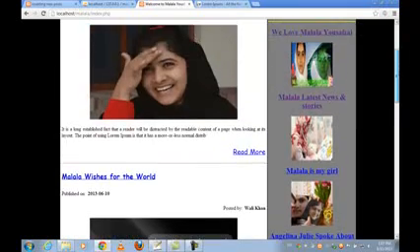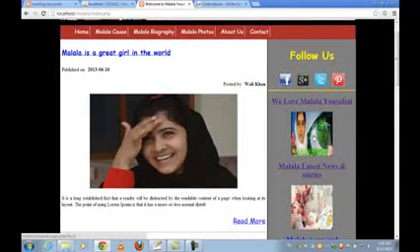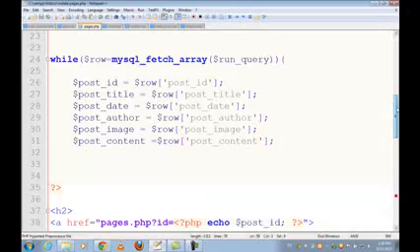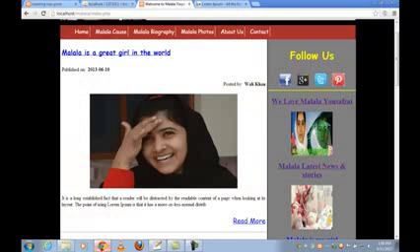You can see the data is in front of you inside the sidebar, and whenever you click this image or this title, the page will open here on the main pages, because the ID will be transferred to pages.php where we have already done the work for the ID. So you can see get ID. So whenever someone clicks this title or this read more link,